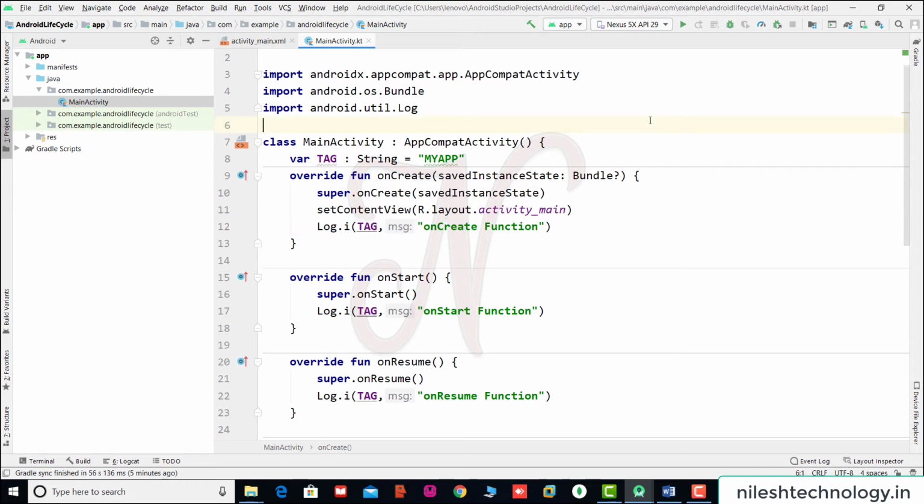So here we run the emulator. This is your Nexus 5X API 29 emulator. Now we run this code and open the emulator. This will take some time, so wait.